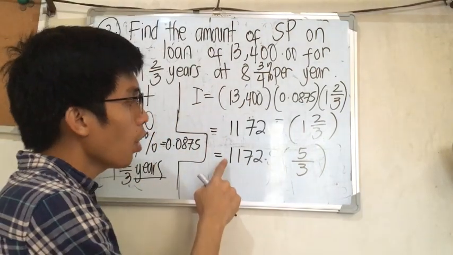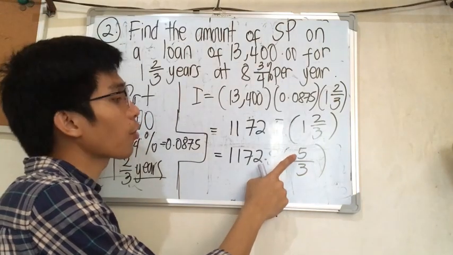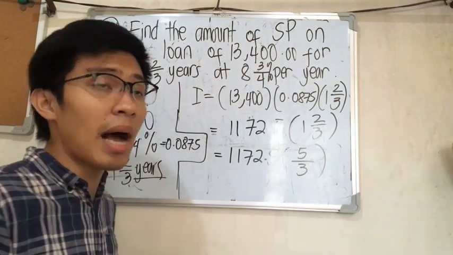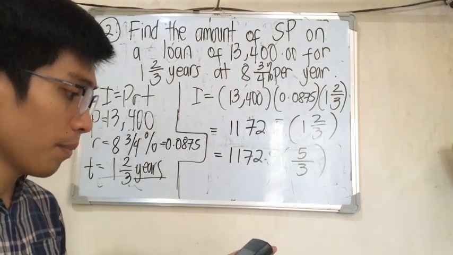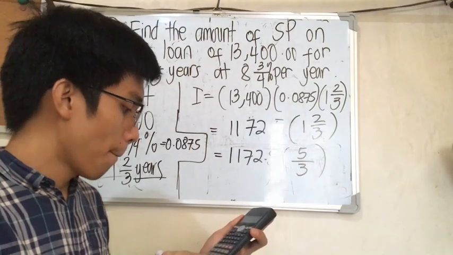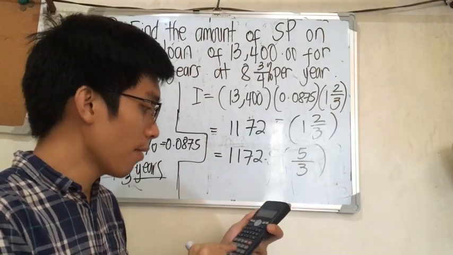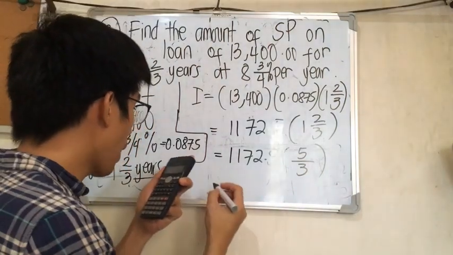So after that one, you have to multiply the 1,172.5 to your numerator and divide to your denominator. So 1,172.5 times 5 divided by 3. That is equivalent now to